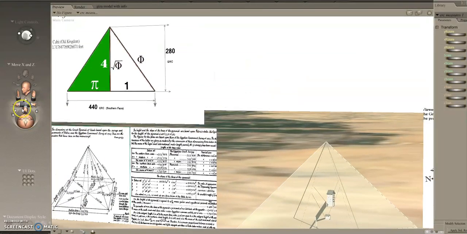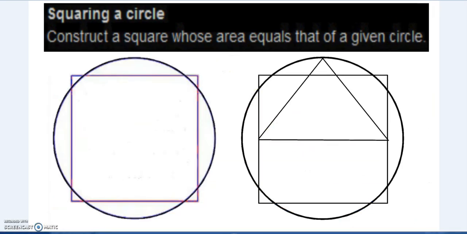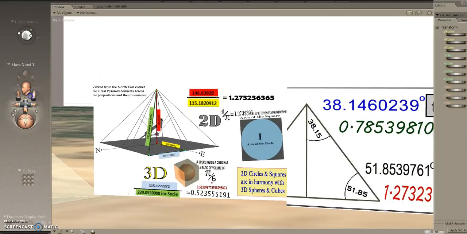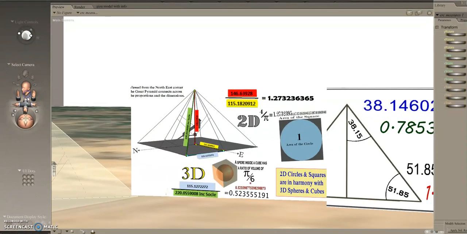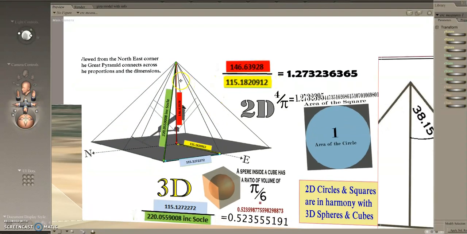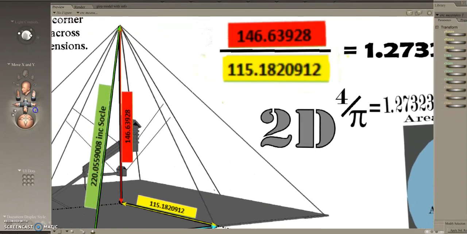So northeast corner, now we already mentioned squaring the circle. So squares and circles. Now what happens if we use the actual measurements of the pyramid at the northeast corner? If you take a 2-dimensional view of the pyramid, if you basically cut it in half, we have the height and the northwestern half base. So from the very center of a pyramid to the edge, 146.63928 meters, and from the center to the base,